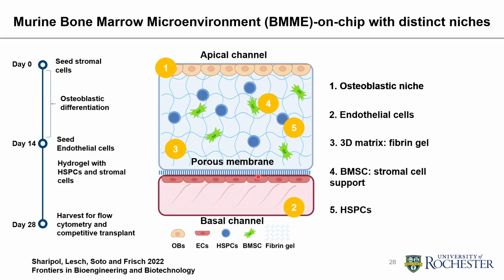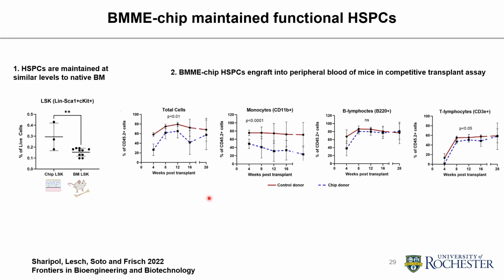We cultured this device for 14 days with continuous flow in the basal channel of this chip. And then at the end of that culturing period, we can harvest for multiple outputs. Without belaboring the data, you can refer to this publication that we published recently. What we have shown is that our blood stem cells are maintained at a similar level to native bone marrow